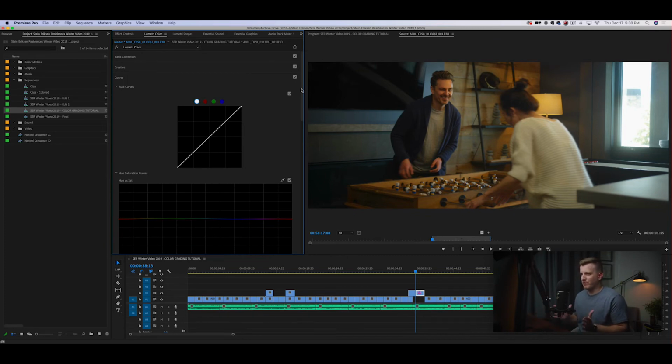There's two different types of curves. There's RGB curves, and then there's hue saturation curves. So first I'm going to talk about the RGB curves. This right here is an RGB curve, and basically we have the ability to set the exposure of our image